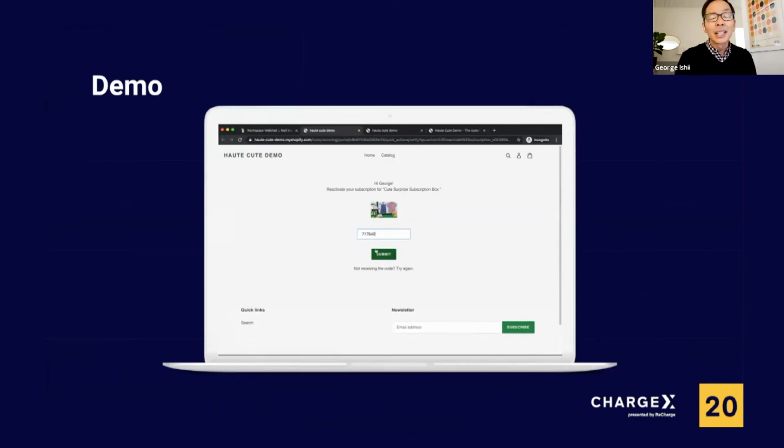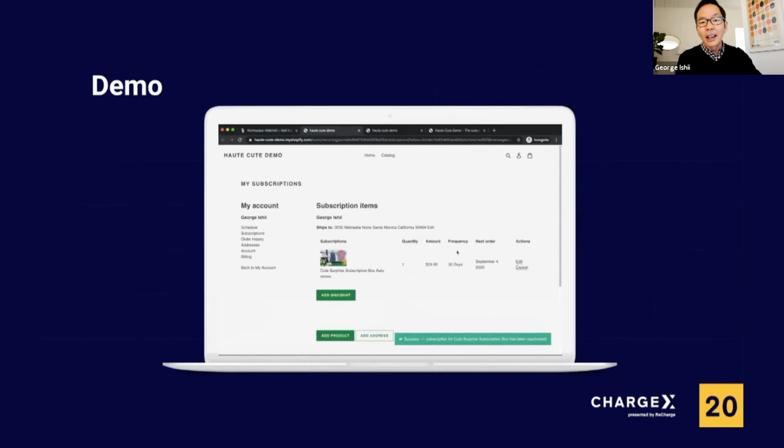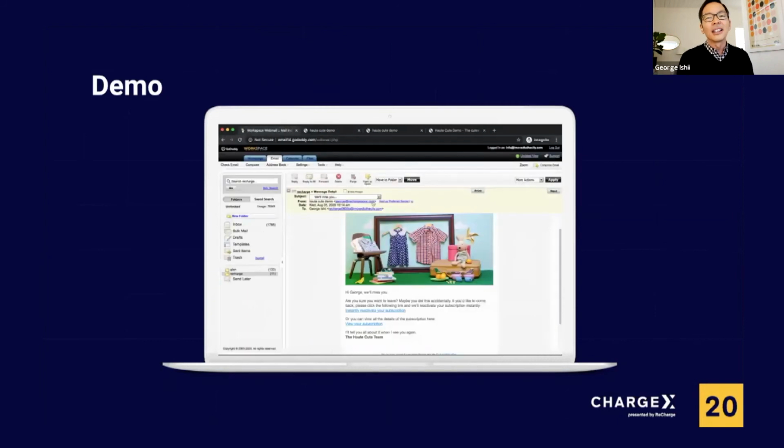And as I'm clicking submit here, I'm now worried about, oh my gosh, navigating through all these links. I'm sort of in a rush right now. Wait a second, your subscription is back. And it's exactly the settings that it was when I canceled it. This is slightly an exaggeration, but it shows the power of using something like Klaviyo to send out emails that